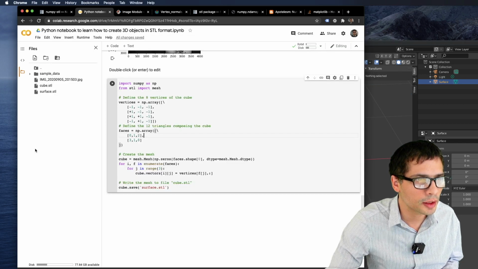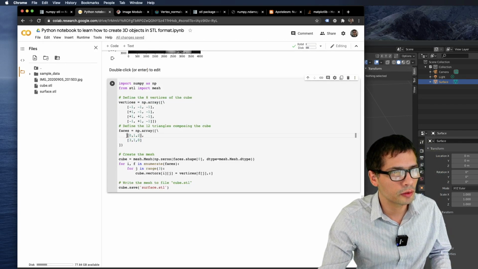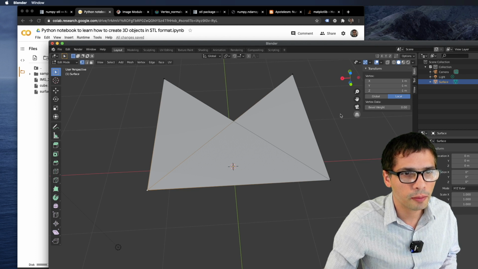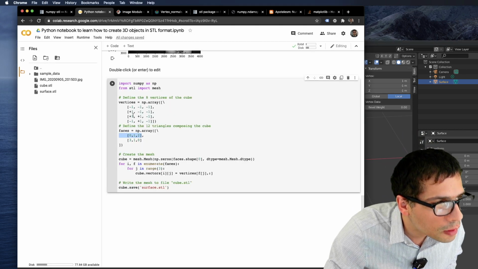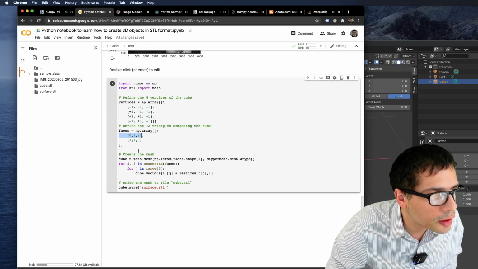Basically, the second one is the one that I've defined this one. So I'm going to redo the first one. So -1, -1, -1, which is the second vertex, which is index 1. So right here.